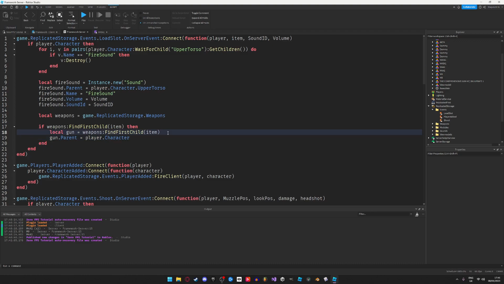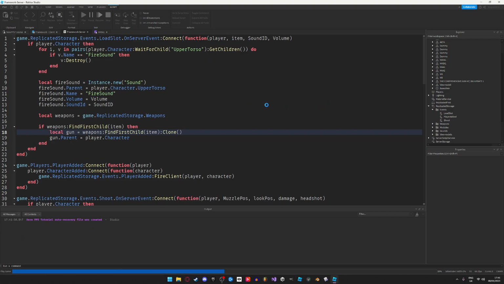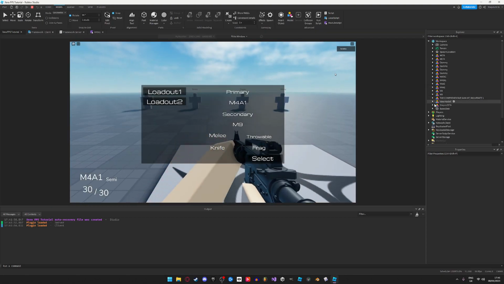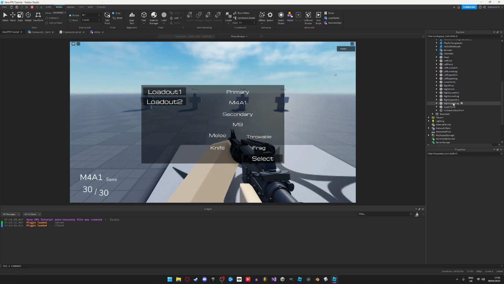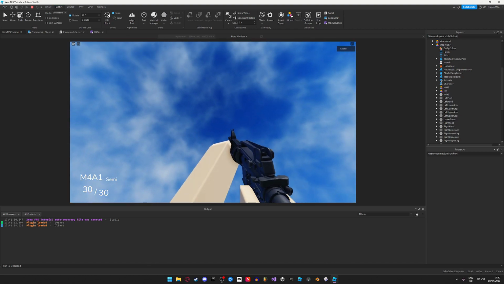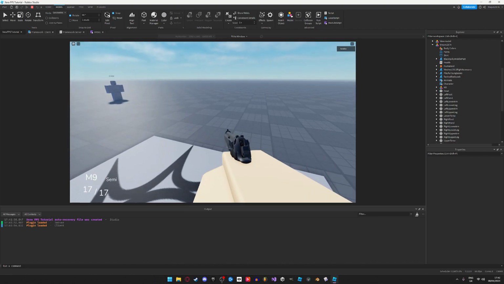Also, I should probably put clone here. So now we can just test this by going into the game and just going to our character. It does create, as you can see if you look in the character, but